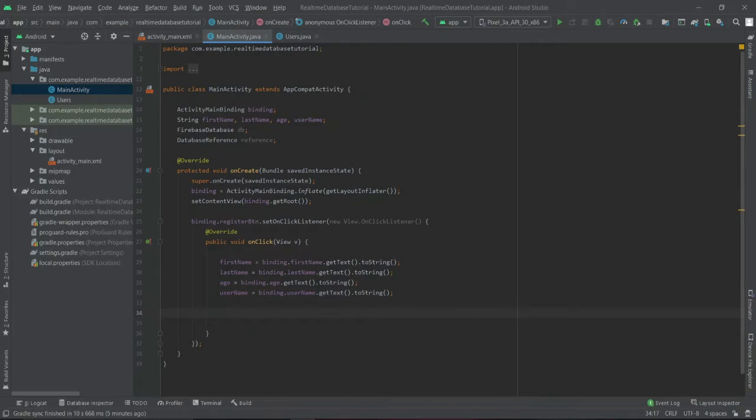So okay, here we have got all the data that is entered by the user. Now we'll write an if condition. We'll just check that none of the elements is empty. So inside this if statement, we'll create an object of user.